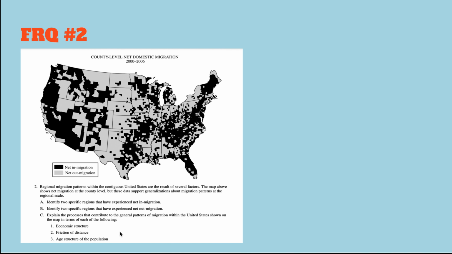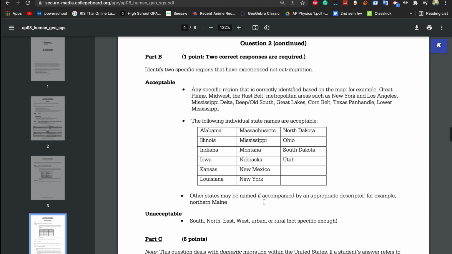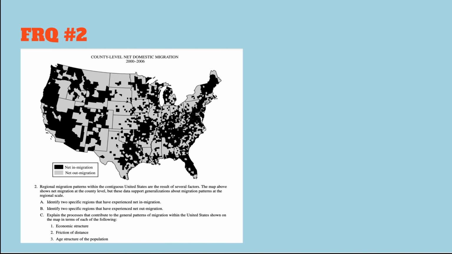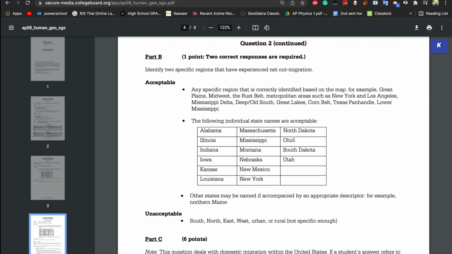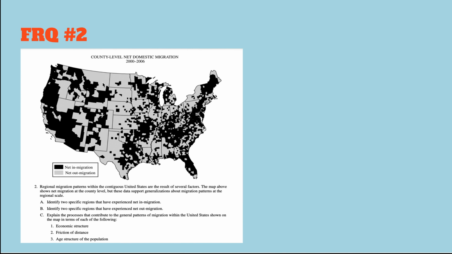Part B, it's the opposite. It's the same thing, but you look at net out migration. So, what are the net out migrations? You could say the Great Plains, Midwest, Rust Belt, mainly where there are not a lot of people. Alabama, North Dakota, Montana, these places where there are not a lot of people,